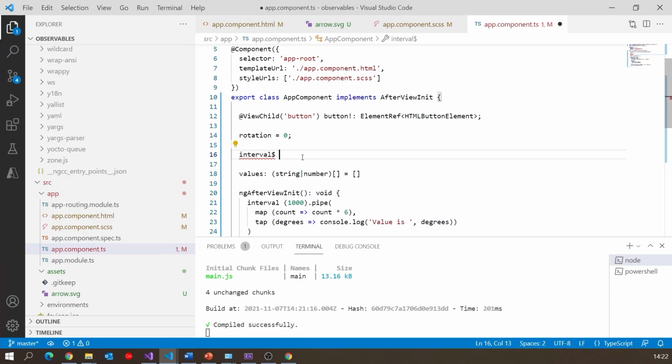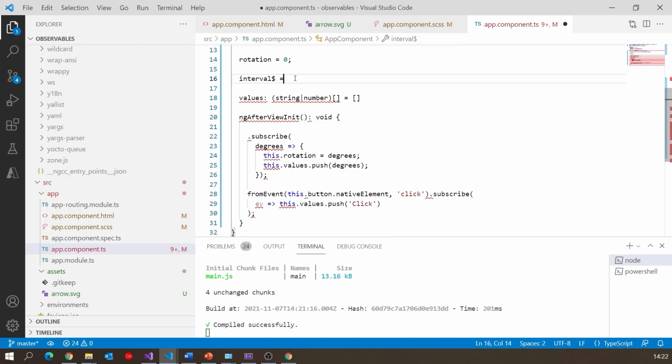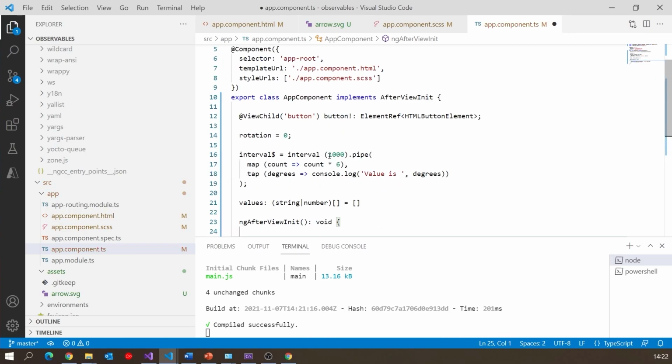So we're going to say interval equals, and then if I just take that declaration and pop it in there, then that gives us our interval as a member. Let's get rid of the subscribe there. And if you just hover over that, you'll notice the type of this. It is observable of number.